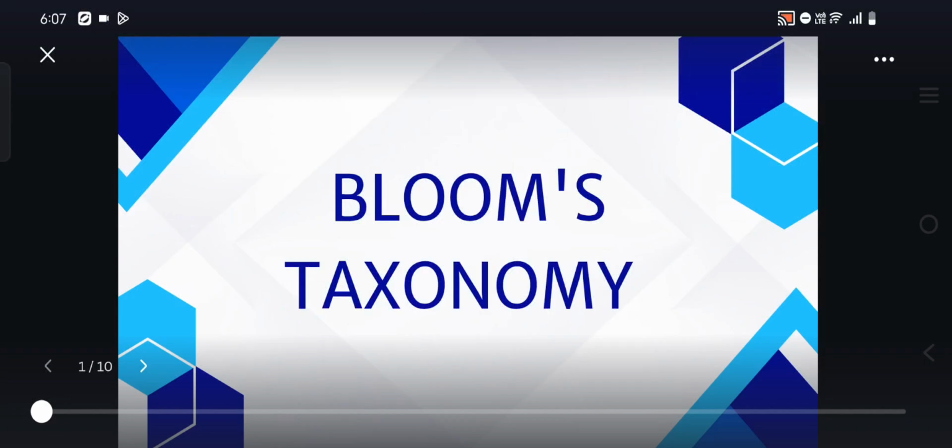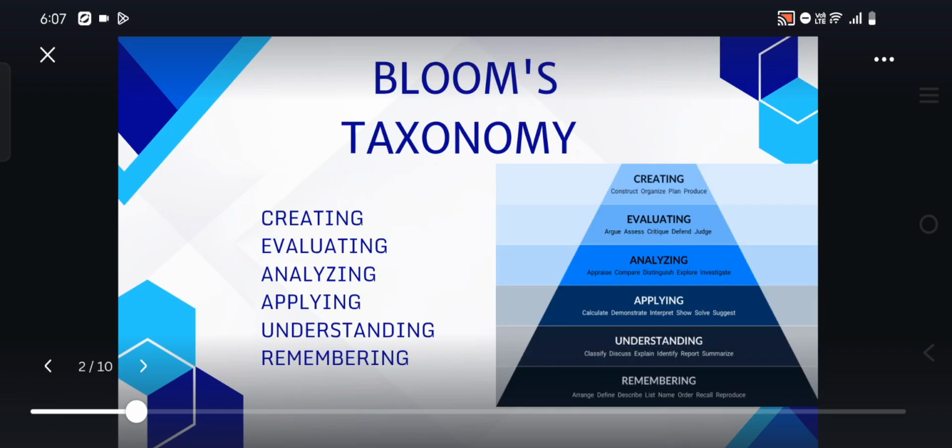And today I will be presenting the Bloom's Taxonomy. So, this is a model that helps teachers classify learning objectives. It provides a structured way to guide students from basic knowledge to higher order thinking skills. The Bloom's taxonomy framework consists of six cognitive levels: creating, evaluating, analyzing, applying, understanding, and remembering, plus active remembering. Each level builds on the previous, helping students progress in their learning.